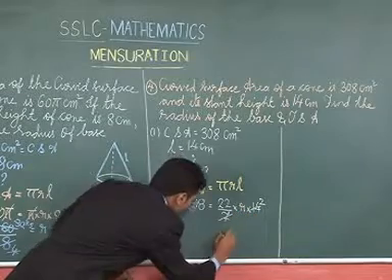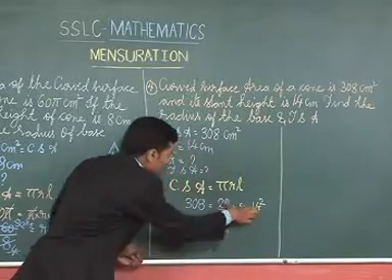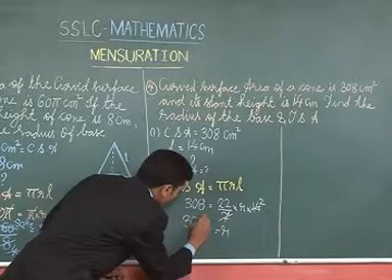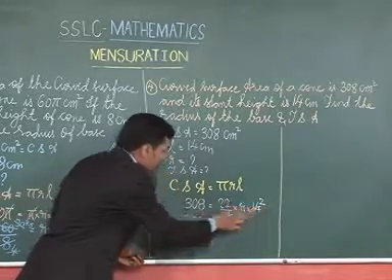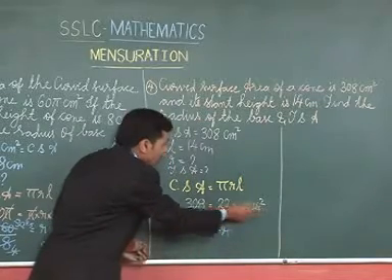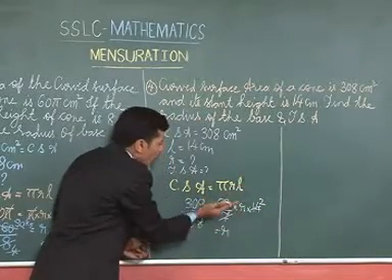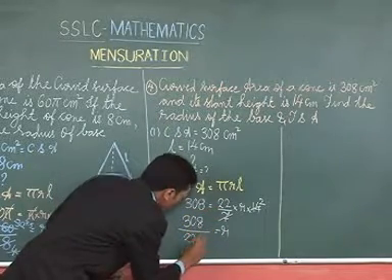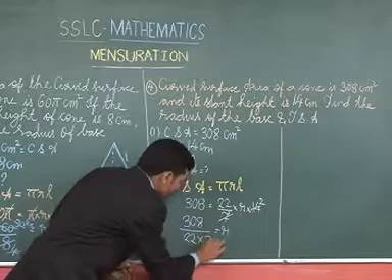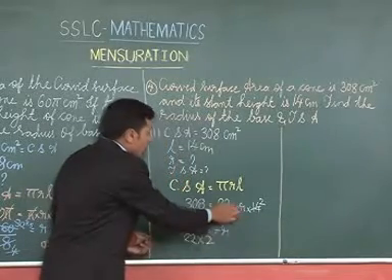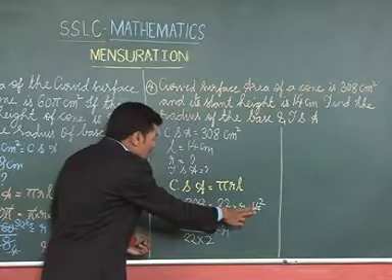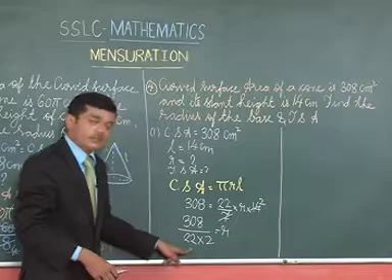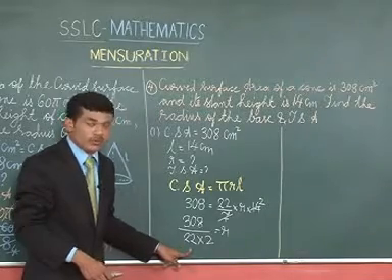So r is equal to, bring these entities this side. So we get r is equal to 308. When you bring these entities on the other side, all these entities which are there in the numerator will come down to the denominator. So we will have 22 into 2. So when we brought these entities from this side to this side, these entities which were there in the numerator have come to the denominator. I think you understood this step.